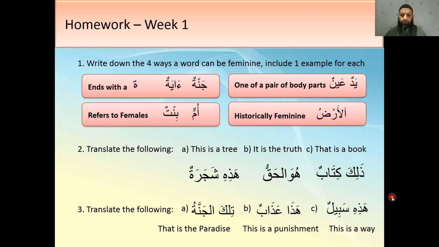Sabilun is feminine, obviously. Yes, it's feminine because it's preceded by hadihi, so you'd know. But as long as you know that hadihi means this is, and sabilun means path, job done. Yes? Okay, so